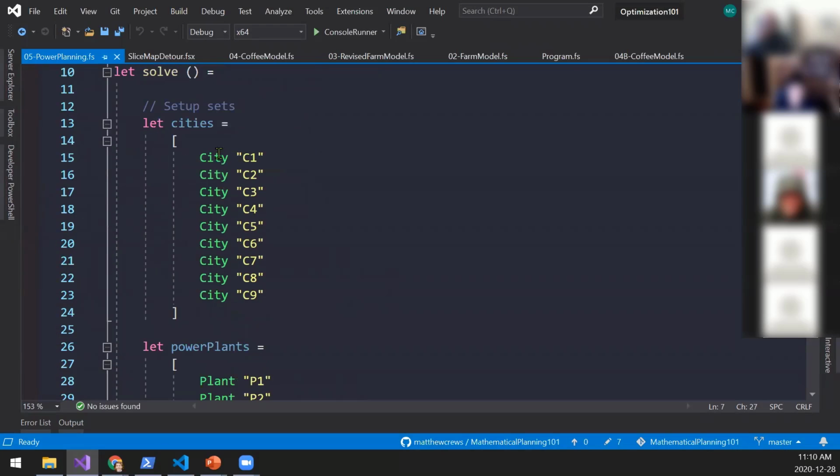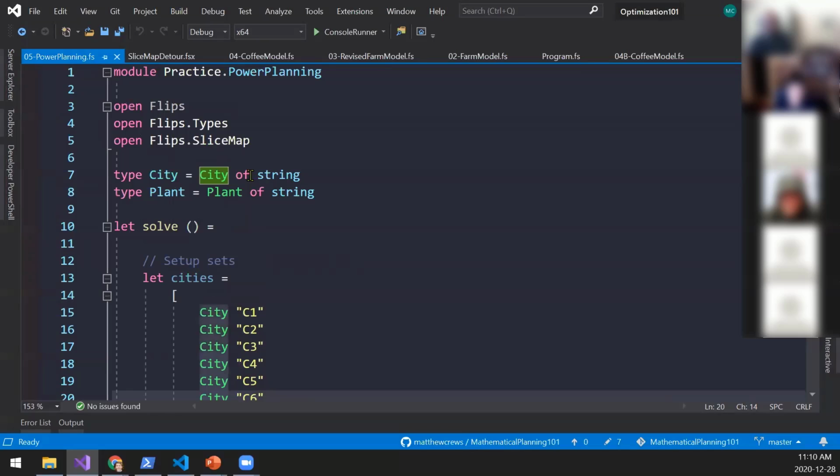Before, we were modeling things using just a raw string, but because I'm indexing across multiple dimensions now, because I have the power plant and I have the city, I want to provide some more domain-specific information. So I'm creating a list of cities. This is a city list, and I've created that type here.